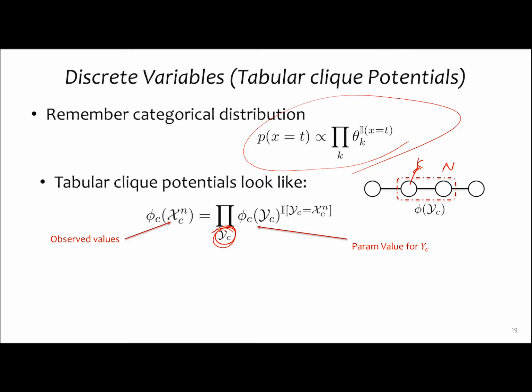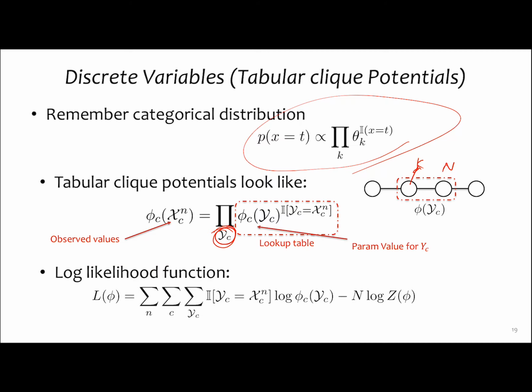A few minutes ago, I was talking about the general setting. I was not assuming any continuous or discrete. But here, I'm focusing on a discrete. So phi c's are the values of this table that you have. You just put in your yc, and you read the corresponding values in that table or tensor or whatever that is. Okay. So if I write the log likelihood function, I'm going to have a sum over the observation, cliques,